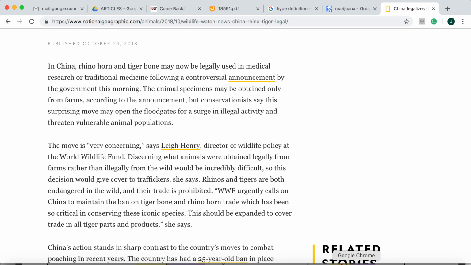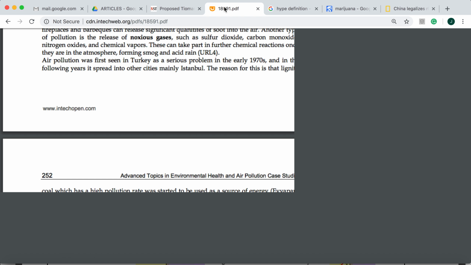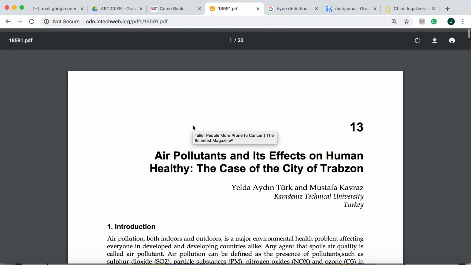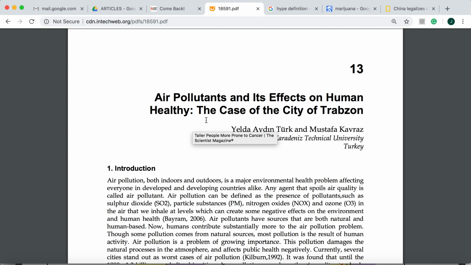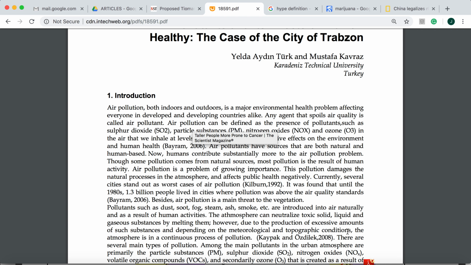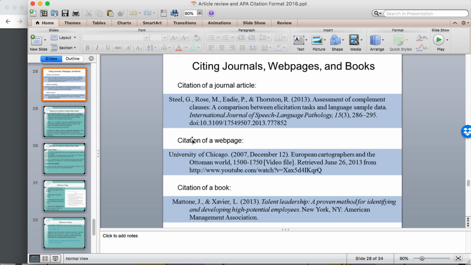So this here is an example of a journal article. If let's say you cite from a journal article, this is the format for the reference. If you cite from a web page, this is the formatting. If you cite from a book, this is the formatting. But you don't have to remember all this. You can do it automatically using